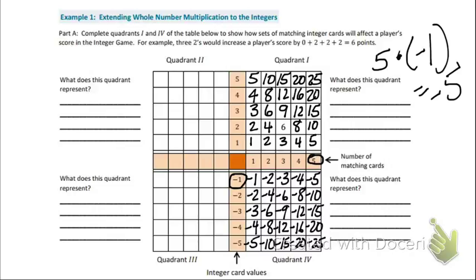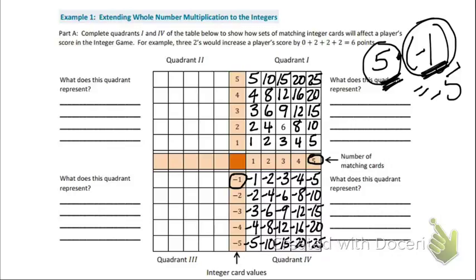And we talked about in class, it's like drawing 5 -1 cards in the integer game. We made a distinction of having that positive value first and then that negative value,